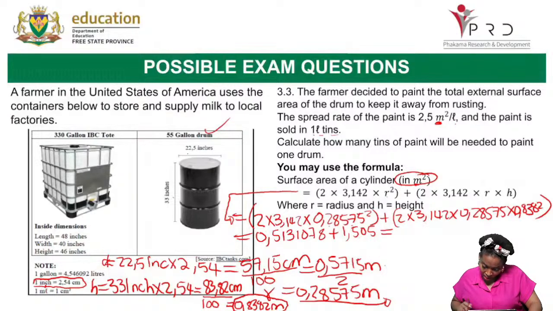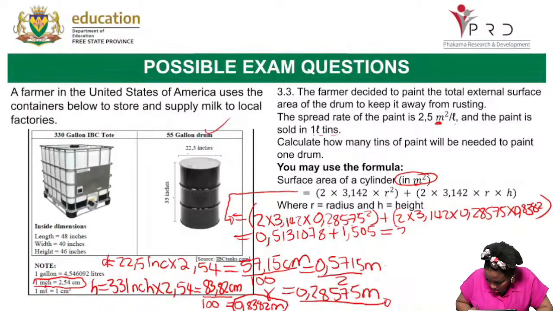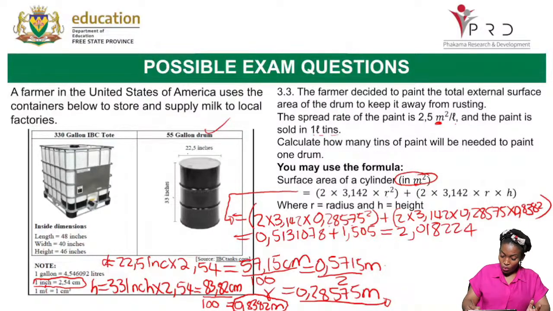Plus, I'm adding those two now. 0.5131078. We are getting 2.018224. Remember, what are we working with here? Our answers, we're working with meters. So this is meters